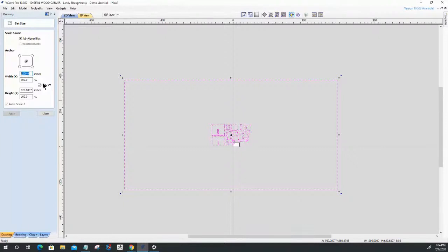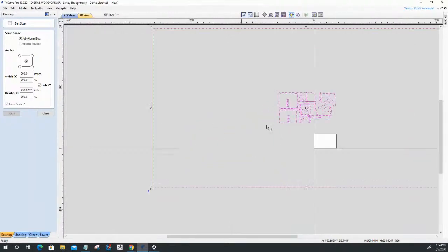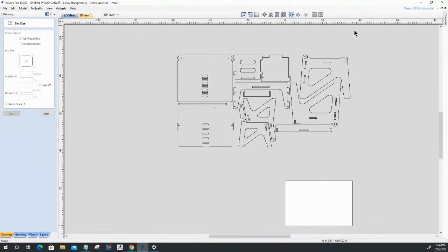So I'm going to scale this down, and the number that I need to scale it to is going to be 500, right? So 0.5, if I roll that decimal point over twice, it'd be 500. That's the closest number to where I'm at. So if I change this to 500 and click apply and size it down, now if I come in here and go into my parts,